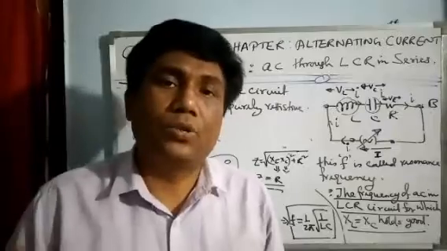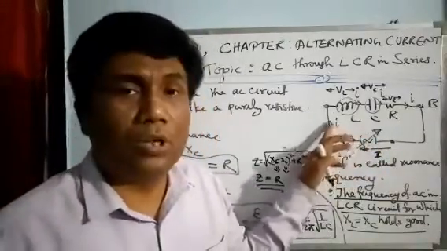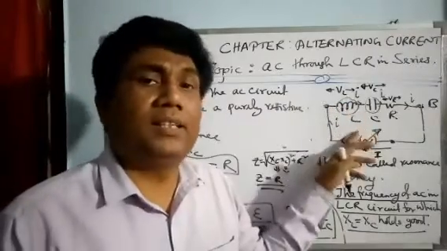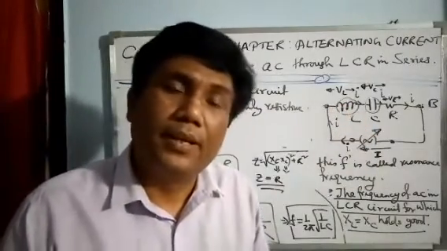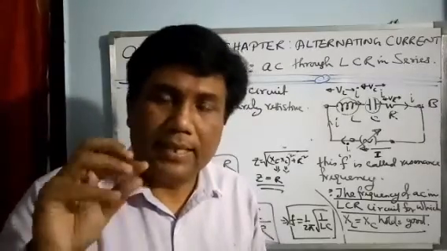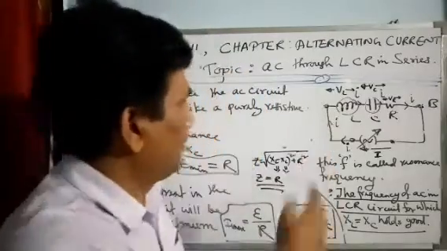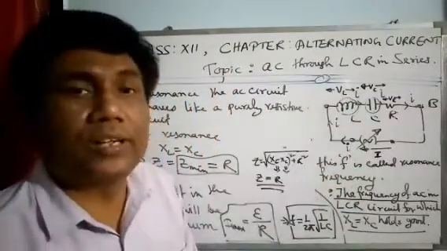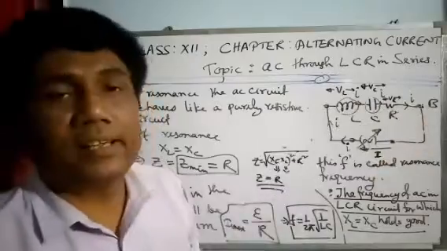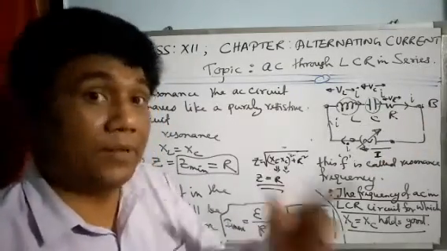Other than 99.9 megahertz, we also have a lot of signals in the sky. Other signals also come, but the circuit will not respond to them as much as it responds to that 99.9 megahertz. Are you getting my point? So that is the signal accepting circuit. That LCR series circuit is also called an acceptor circuit, because it accepts a particular signal.